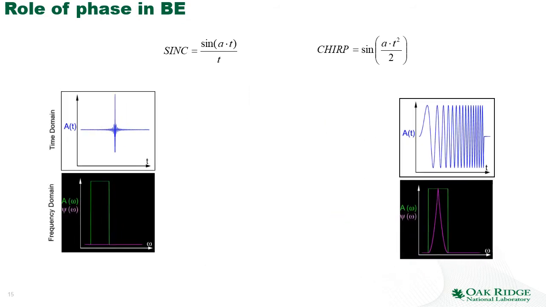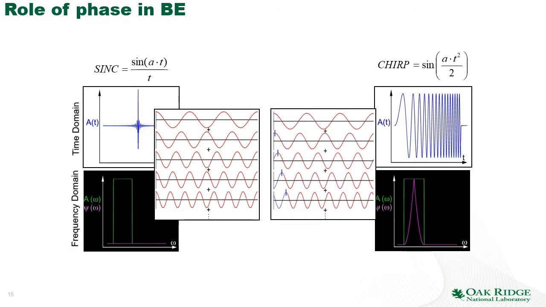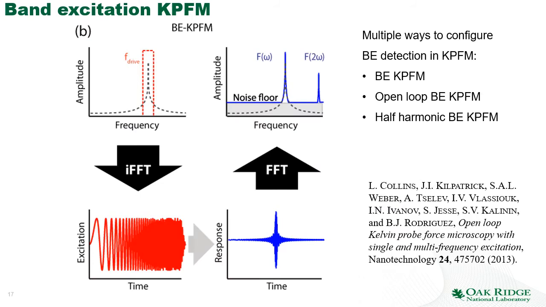And it turns out that there is a very large number of signals between the sinc and the chirp limit, which corresponds to different relative dephasing of the parallel frequencies. So there are a lot of ways we can play with the band excitation signal to make it tuned for a specific application, but this is a second or third level detail for this particular discussion. Now, the important thing is that once we have the band excitation signal, we can use it to run